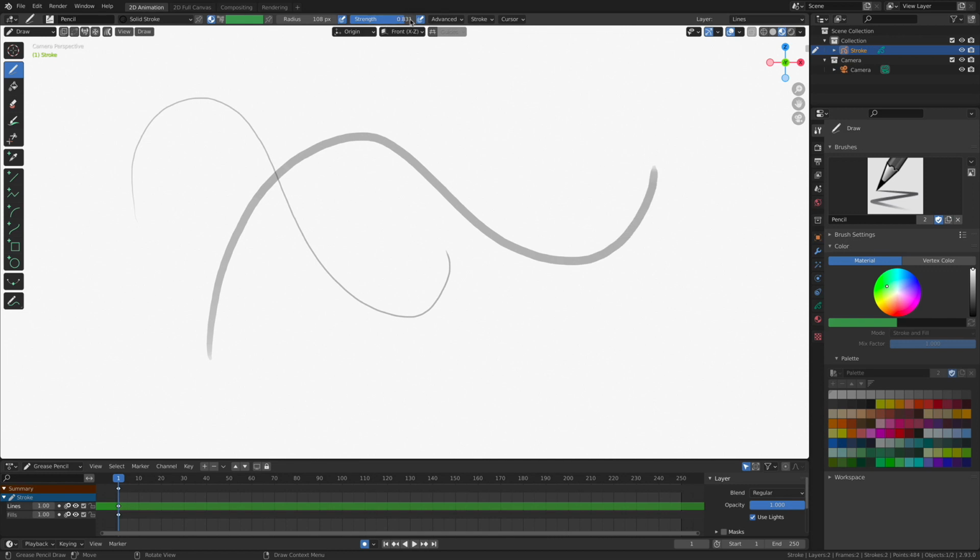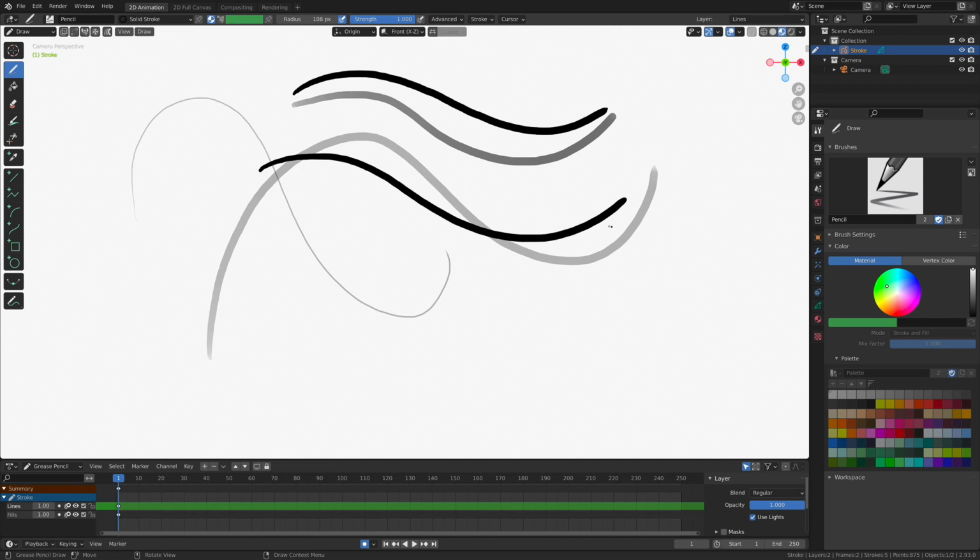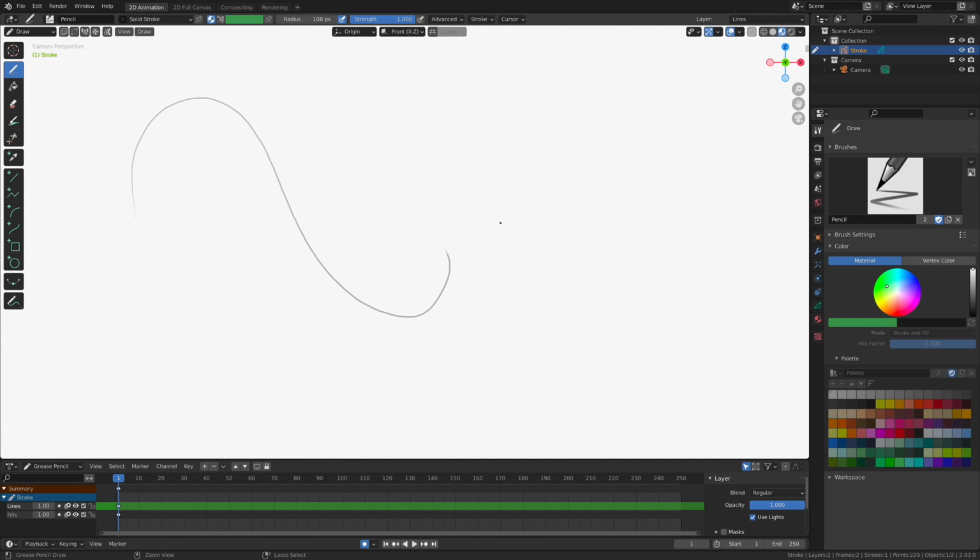And of course we can increase the strength to make those lines a little bit darker. Maybe I turn off some of my pressure sensitivity, and now we're getting some nice consistent black strokes, which is pretty neat. Hit undo, get rid of that right here. Okay, I'm going to leave this last one on here just as a point of comparison. Now, the cool thing about the pencil tool is that we can change its preset values to give us a